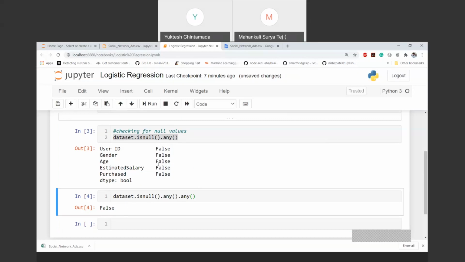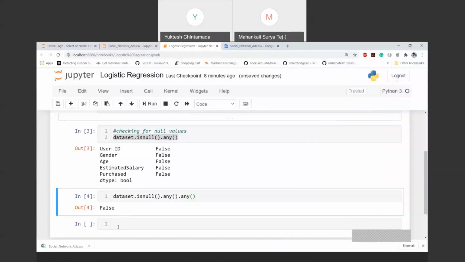So from this step, it is quite clear that there are no null values. Okay, so we can proceed to the next step. Since we don't have any null values, we'll go and drop our user ID column, because we are not going to use that user ID column. So I'll store it in one more variable called df. So dataset